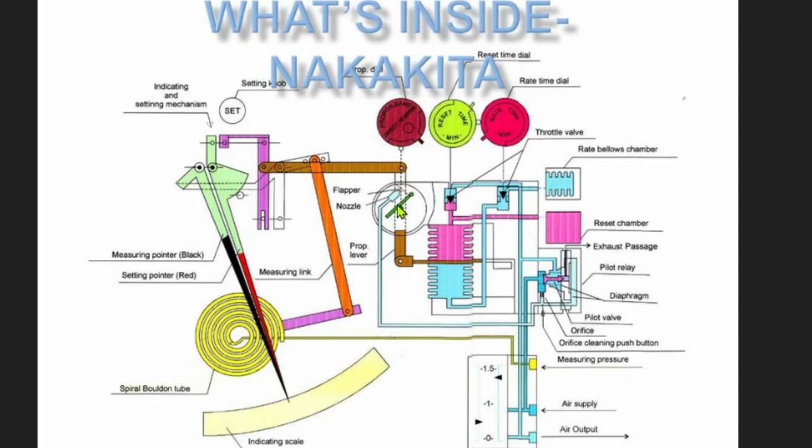As we know, with proportional action there will always be an offset. For that, we have an integral action, that is reset time in minutes. This switch will control the air flow to this upper bellow. This will result in control of integral action, as the integral action lowers the offset which is maintained by the proportional band. Similarly, for lowering the time of recovering of offset, there is a rate time, that is the differential action.